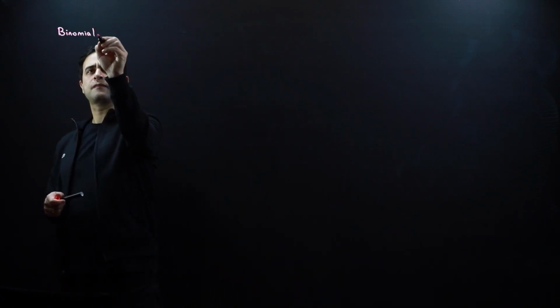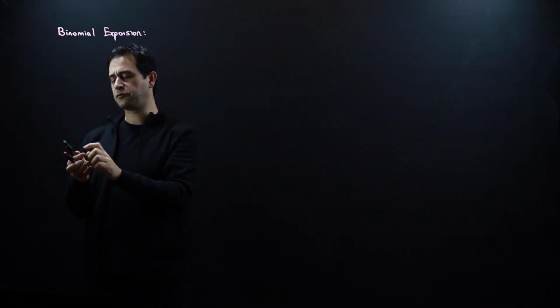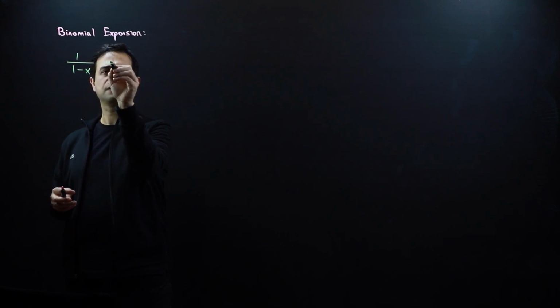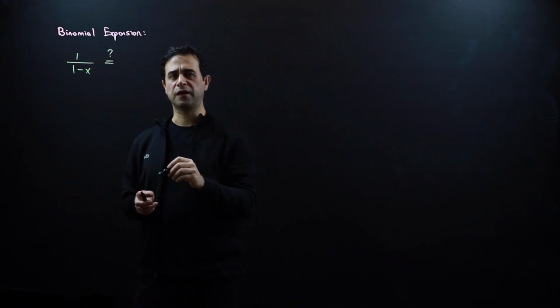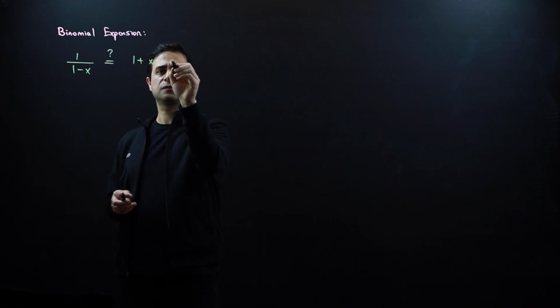Today I'm going to show you the physicist way of expanding 1 over 1 plus x or 1 over 1 minus x. So, binomial expansion. It has the following form: 1 over 1 minus x is given as, this is the claim, 1 plus x